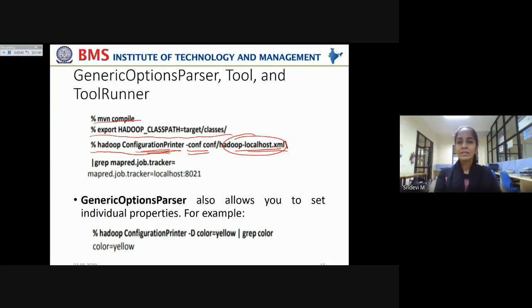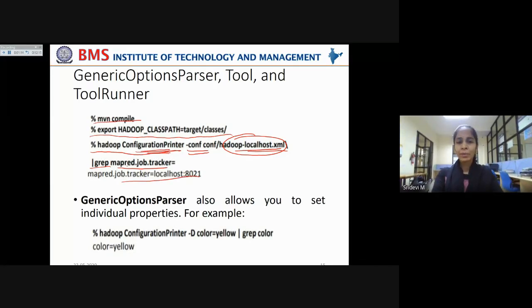Okay, now all these configuration properties are read and they are printed to the standard output, which we have done already. Now, if you want to keep track of the job tracker, you can give the generic regular expression. This is a pattern matcher command where you can match the patterns that are specified as a value to this property.